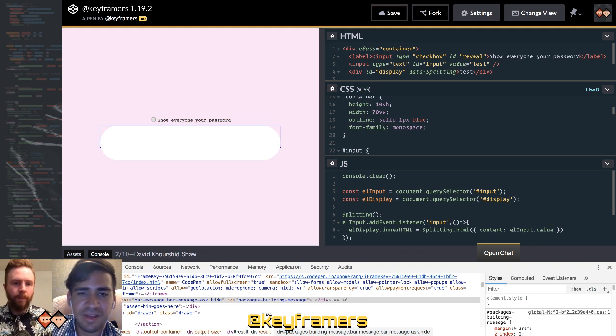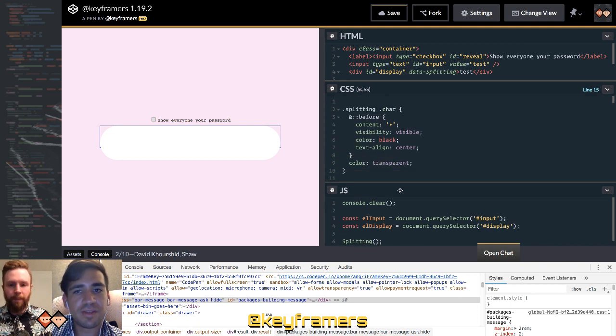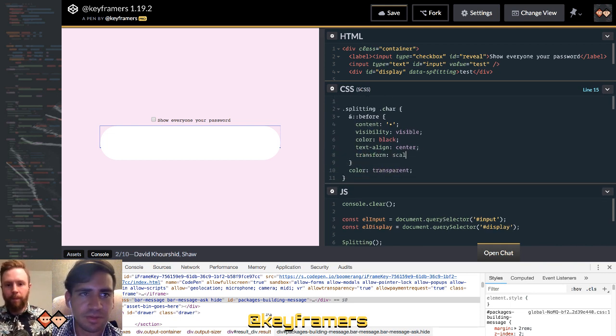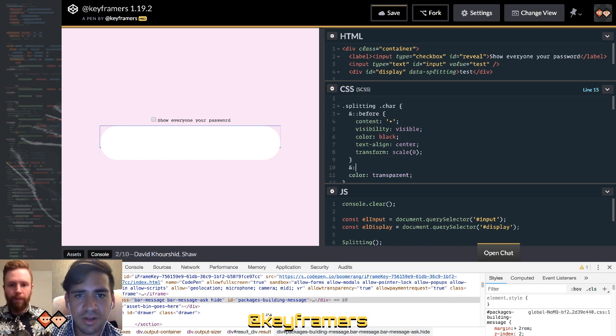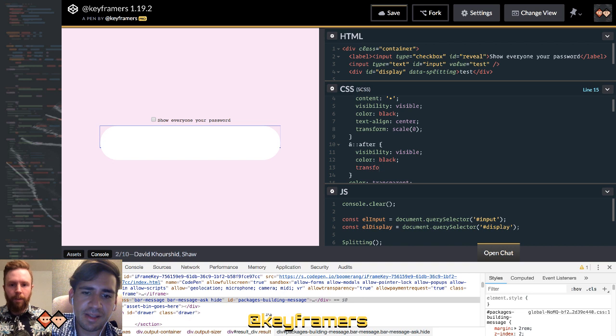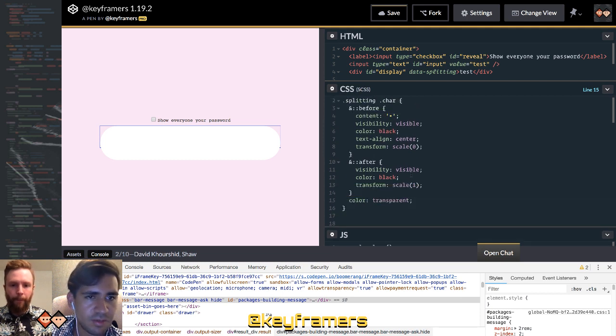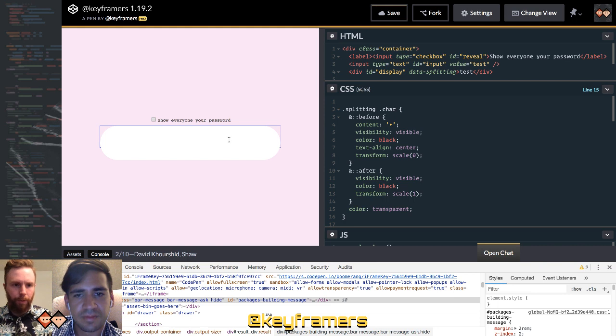Okay, so we're going to have a cool little animation there. So basically what's going to happen is, I'm looking at the animation again. Actually, I just lost the animation. Oh, so this is going to happen really fast, but it's going to fade out, scale in, and then immediately fade in and scale back out. If that makes sense. Something like that. Or I think you're doing it a different way. Yeah, I'm just trying to get that. Okay, there we go. I got it displaying.